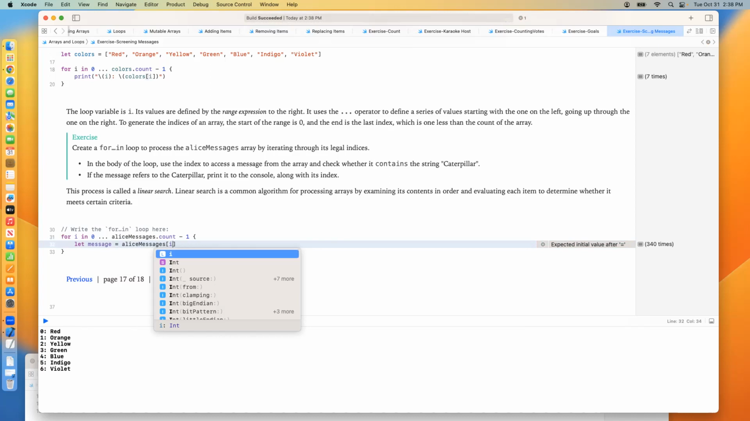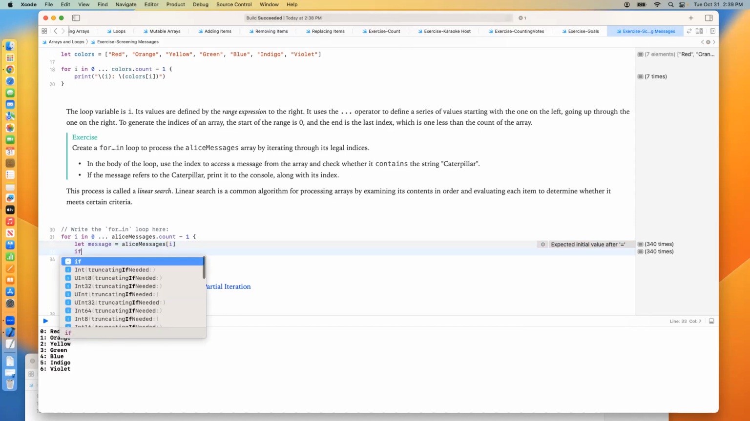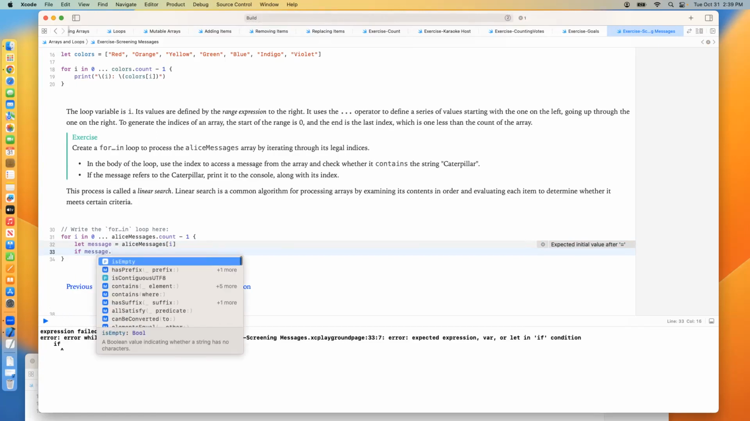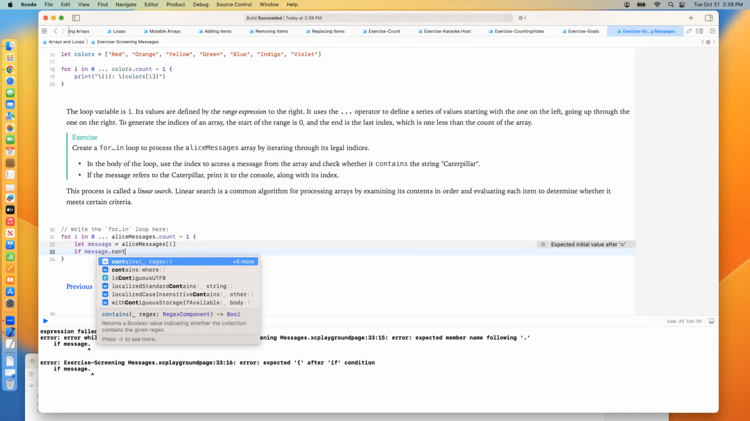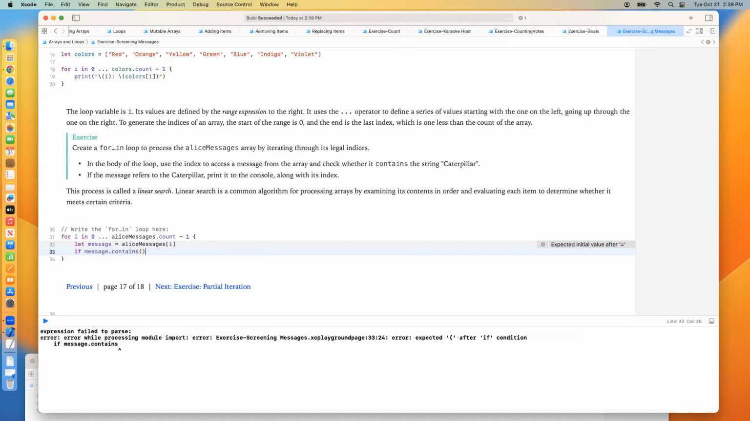So it's going to read each line. It's going to store it in a constant for processing. And then we're going to say if message, and here's one of these built-in methods, by the way, contains, this is a string method if you're wondering. And what are we looking for? We're looking for the word caterpillar,